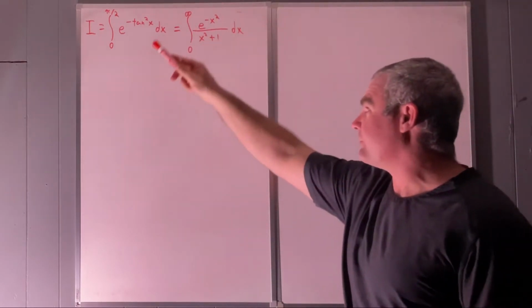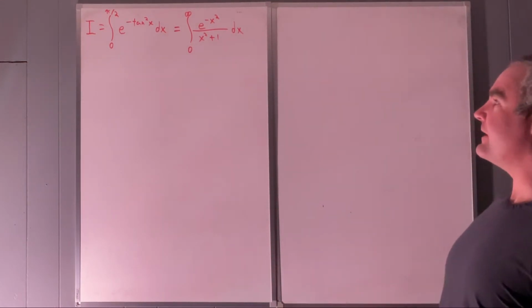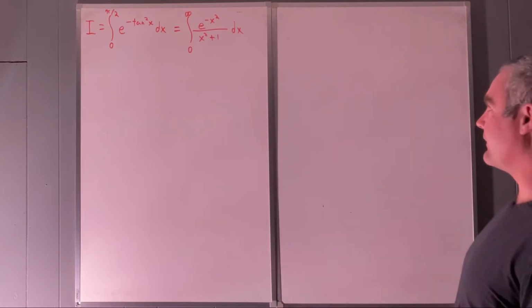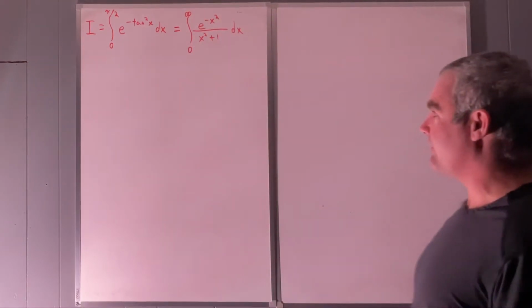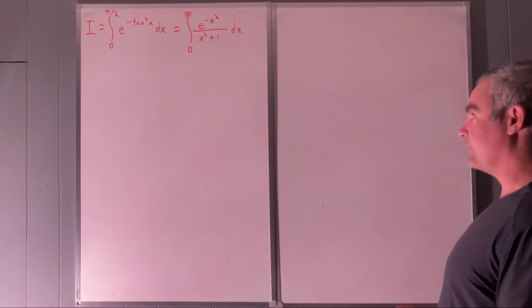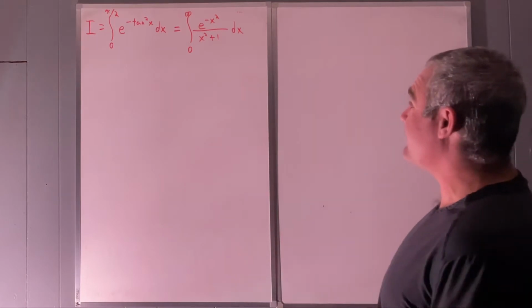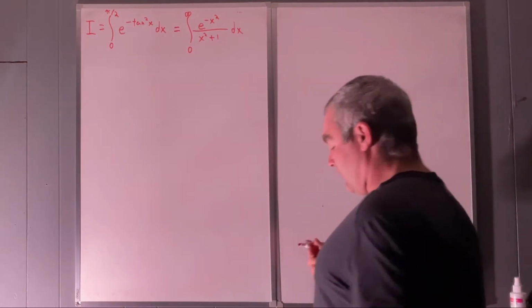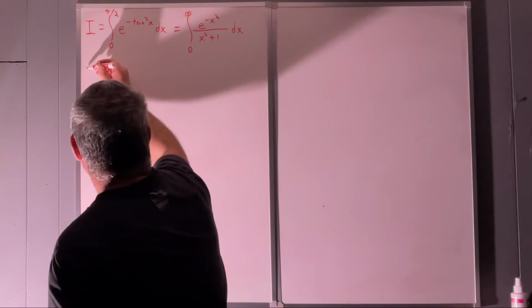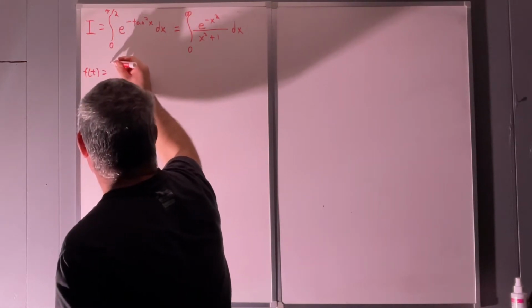It's trivial to prove that those two things are equivalent. It's just the substitution x is equal to the inverse tangent of some other variable, and then you get here. So I'm not even going to bother writing out the steps for that. Right off the bat, we're just going to set those things equal. And then since we're doing Feynman integration,